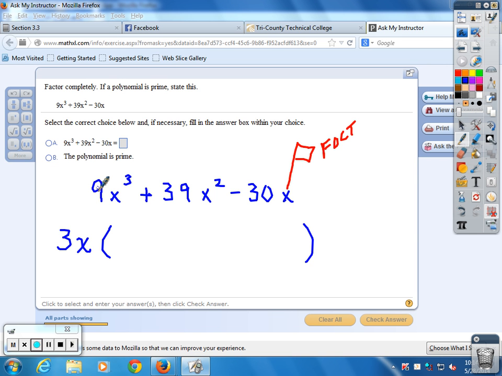9 divided by 3 is 3. X to the third divided by x to the first. Well, that's 3 minus 1 is 2. Plus 39 divided by 3 is 13. 2 minus 1 is 1. And I'm going to put a 1 there just so you'll know what's going on. And then 30 divided by 3 is 10. And x divided by x is 1. 1 times 10 is 10. So now we have